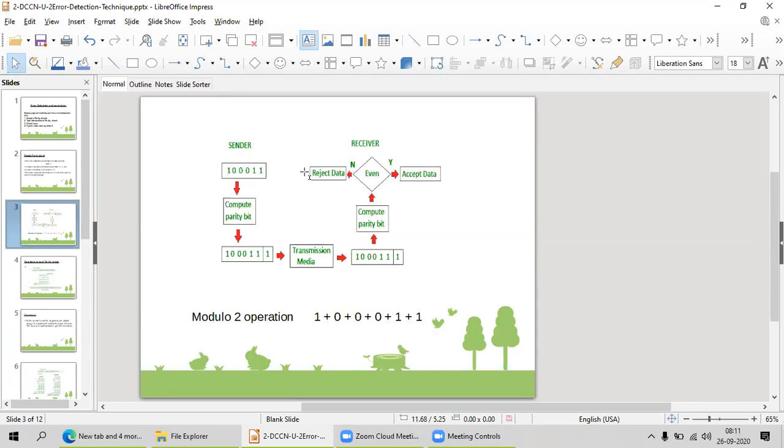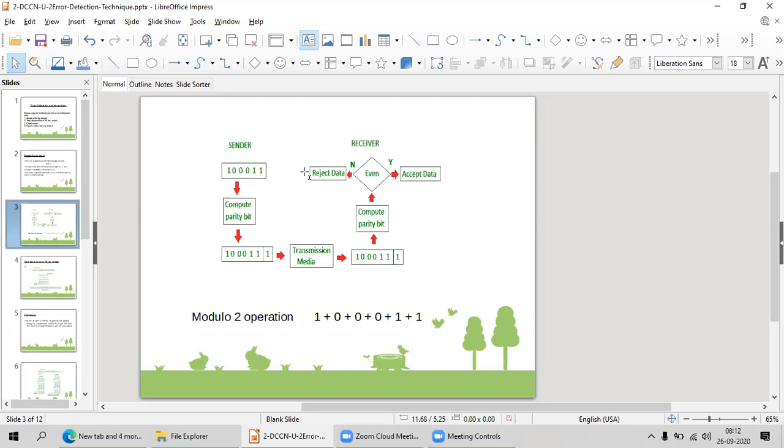Whenever I say 1000011, you know it contains 3 ones, but the computer doesn't know. You think that 1000011 contains 3 ones, so it is an odd parity data word, and I have to add the 1.